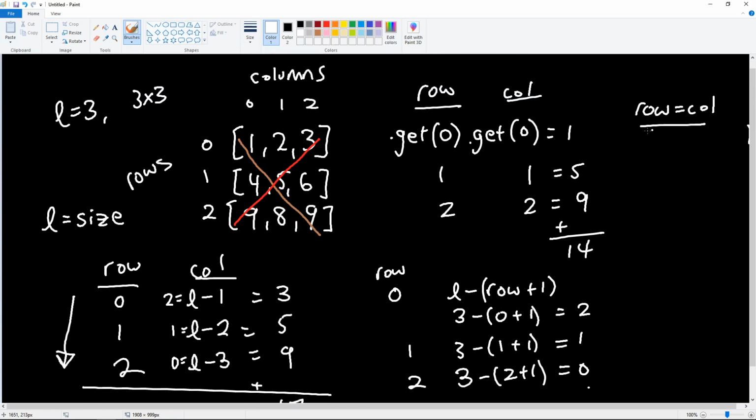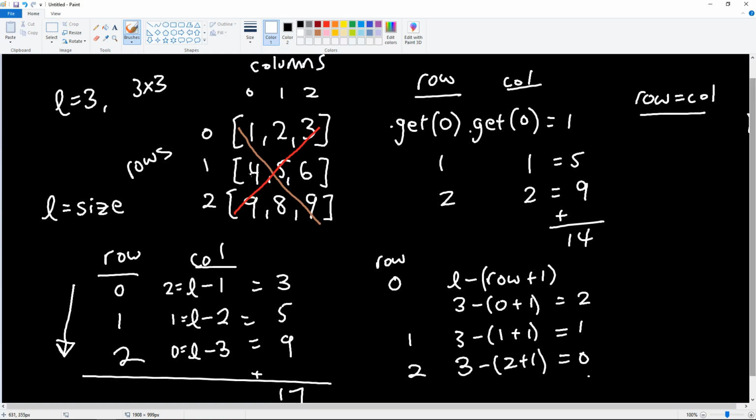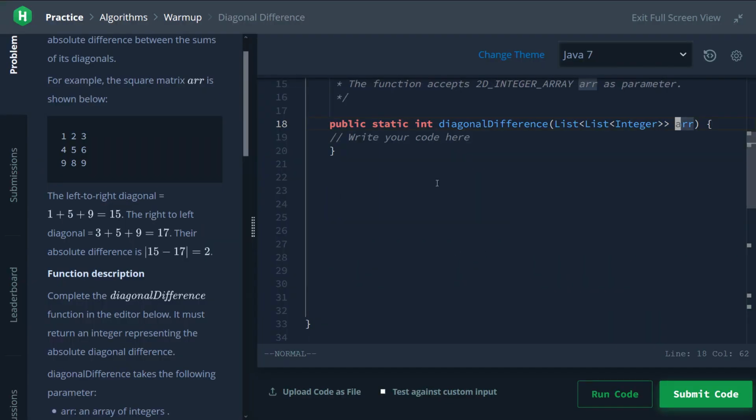So one is row is the same as column, and the other one is row is the same as our size minus row plus 1. And now we can figure out our two diagonals. So let's try coding this up, and then I'll go into one more optimization that we can do at the very end. Okay, so for coding this up,